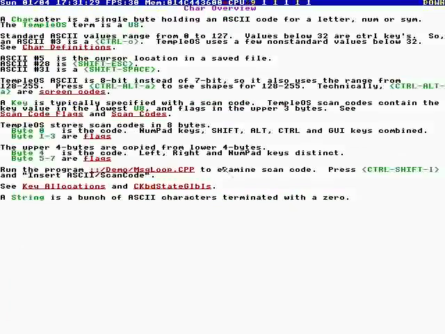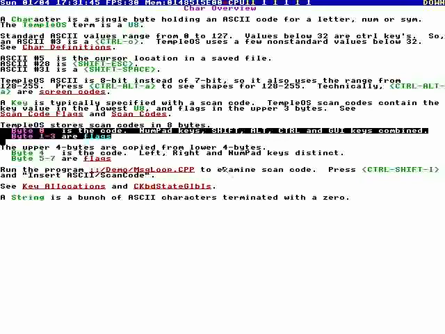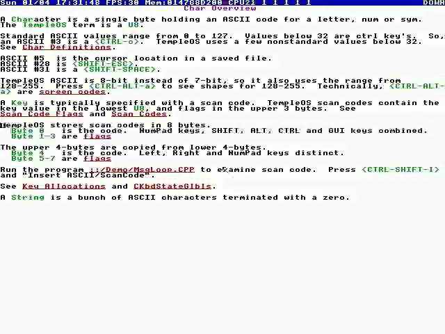Now the scan codes are broken down by byte. Byte 0 is the code, bytes 1 to 3 are the flags, and then byte 4 is the code, and bytes 5 to 7 are the flags. What this means is it repeats. Sometimes you want left shift and right shift distinct, but most of the time you want left shift and right shift the same. And so the low byte has them the same. The upper bytes have them distinct. Anyway, so